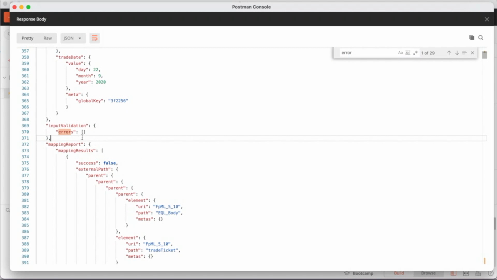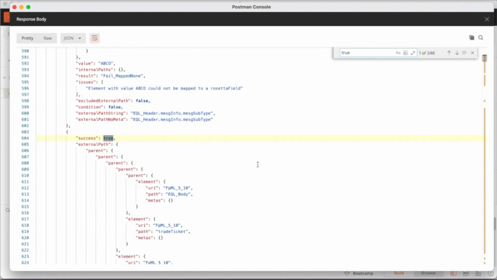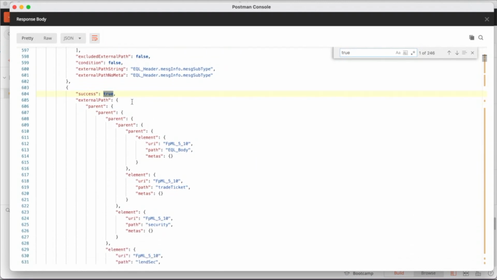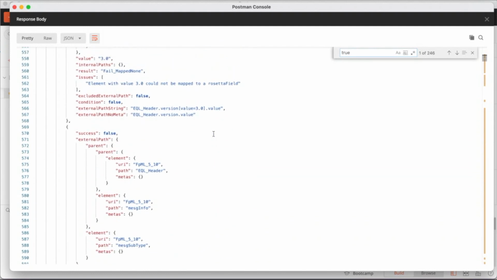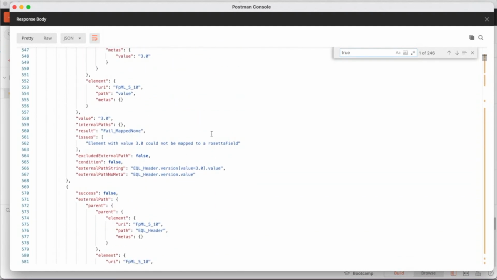The array that is returned is empty, signifying that there were no validation errors. The required fields were mapped and transformed successfully, which is indicated by this true flag for success. As expected at this stage, the optional fields failed the mapping.